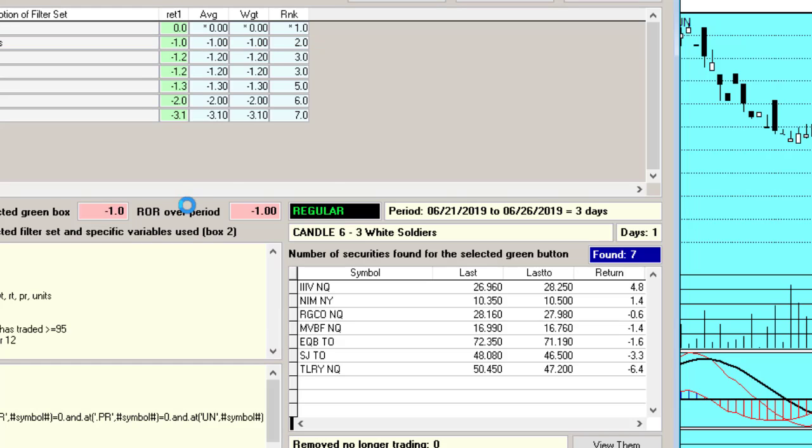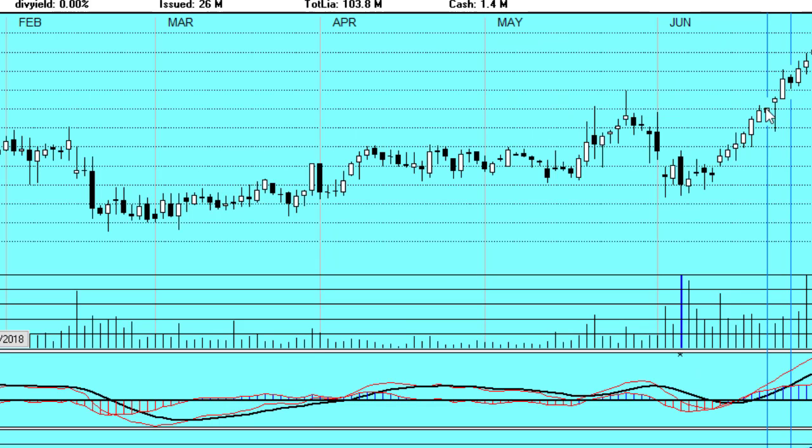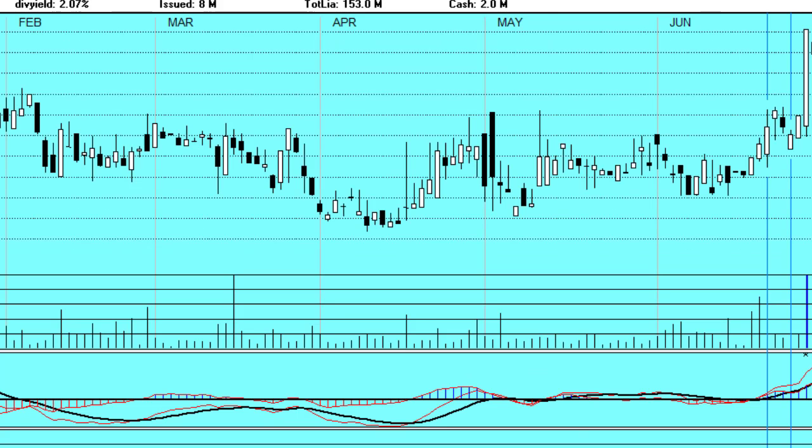But let's look at the 3 white soldiers. There were only 7, but let's take a look at what they look like. And so you can see there were 3 of them back here, and then the stock did go up. In that case, here were 3, and it went up. So you can see what's happening. And so out of these 7, it took the average rate of return,